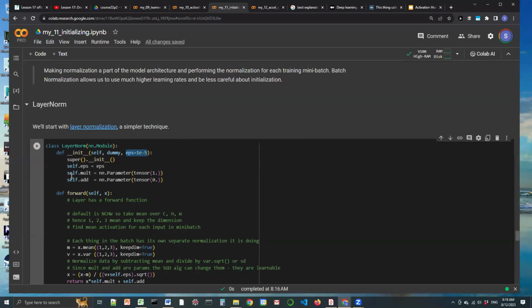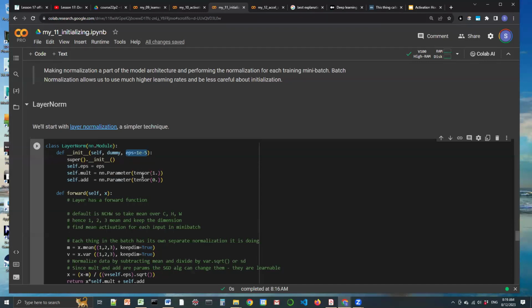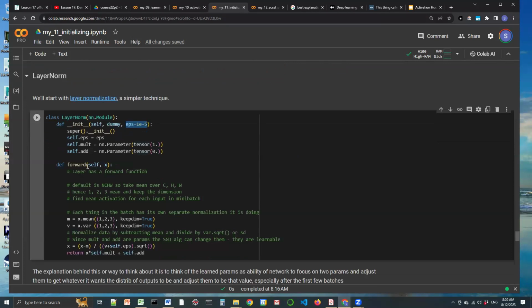So we store that away, and then we define two parameters, a multiplication and an addition parameter. And we define them as parameters. So obviously we want to multiply by a value which is tensor 1 to start off with, and we add 0, these are our initial values. And we are defining them as parameters so that the network can help us learn what these values should be. And then we define in the layer norm a forward